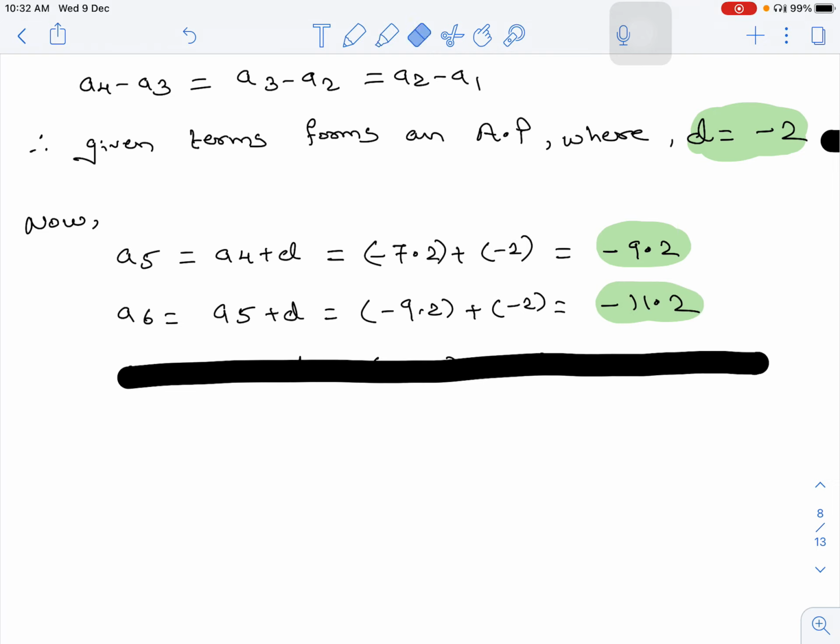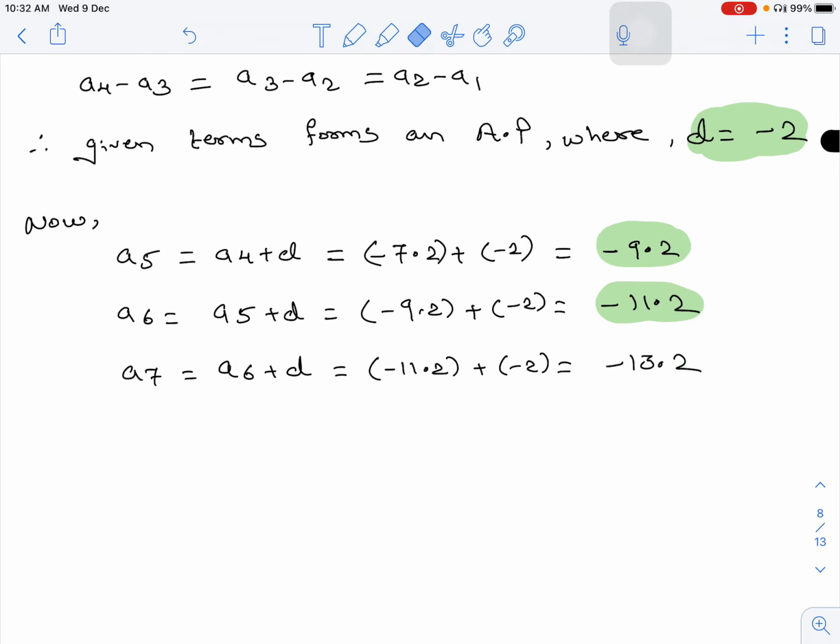Now we want to find A7. So A7 will be equal to A6 plus D. So that equals minus 11.2 plus minus 2. Same sign, so we will add them. Our answer will be minus 13.2. Okay. So in this way, we have learned